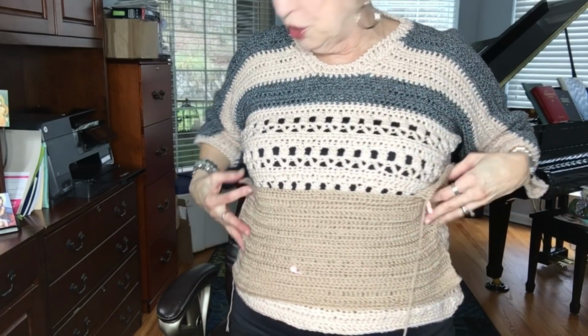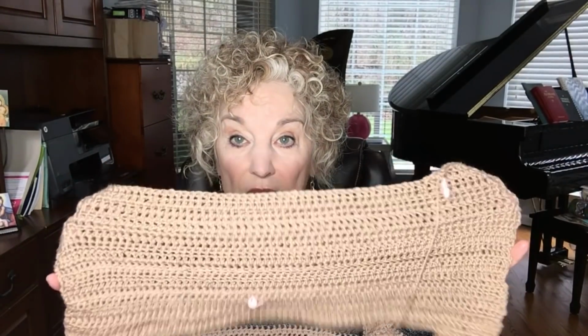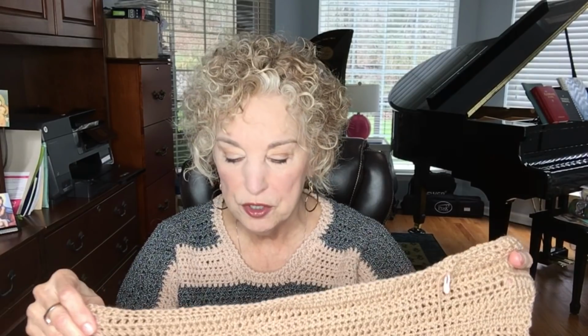So what I'm going to do, and this is how I solved that problem without doing a lot of frogging. I'm not frogging this out. There are a lot of stitches in here and I'm not frogging this out. I actually had to frog a couple of rows because I saw a mistake where I had missed a stitch, and that's just not good in this kind of fabric because you can see it. So I frogged out a couple of rows. I've already done that, so I'm not frogging this out. What I'm going to do is